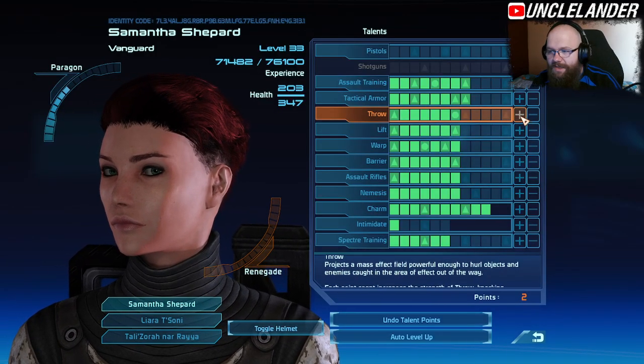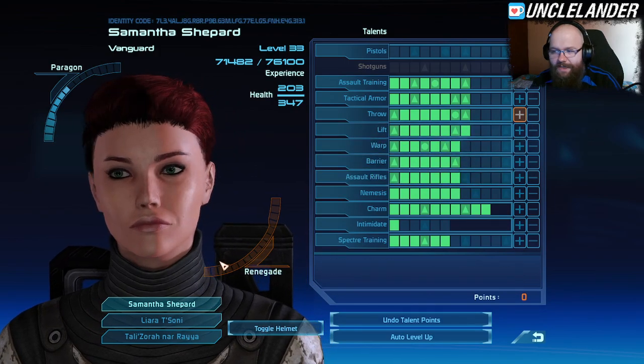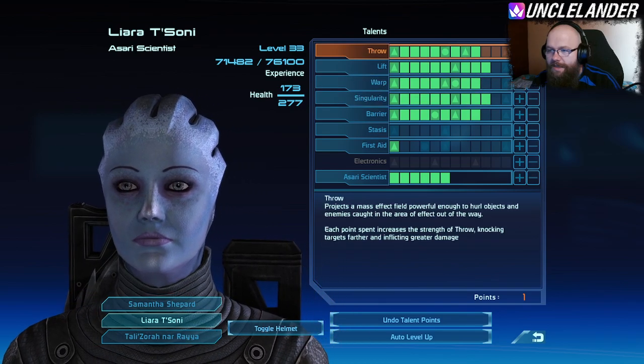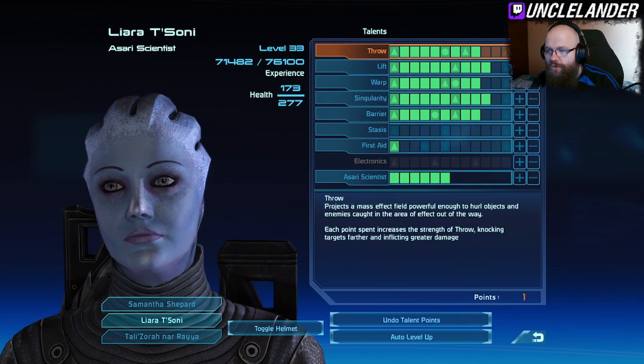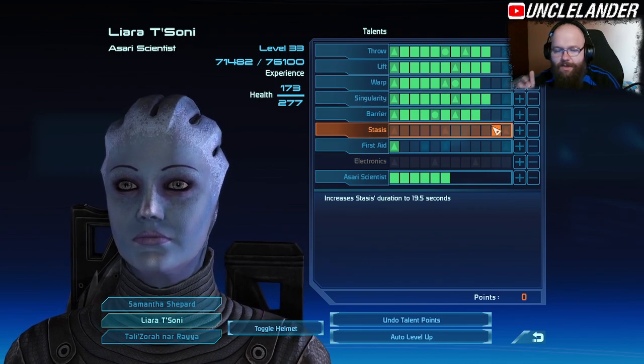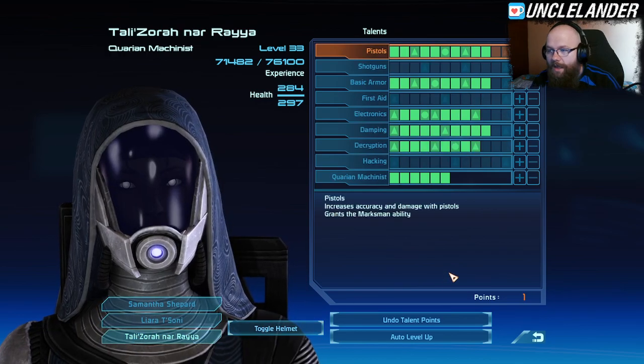Alright, so I'm gonna give myself a point into throw, and one additional one into lift. And now Liara, you are gonna get an additional one into throw, because it's not only damaging but also can put a single target down, so it's always useful. And Tali,